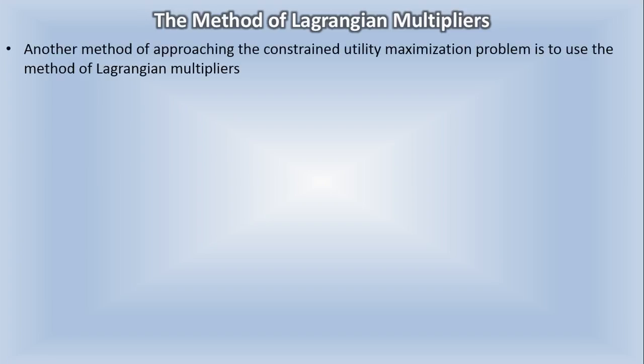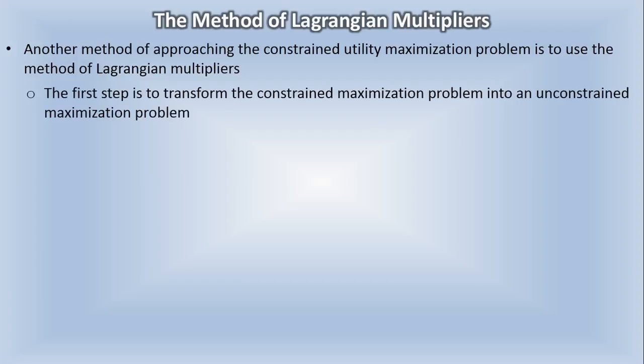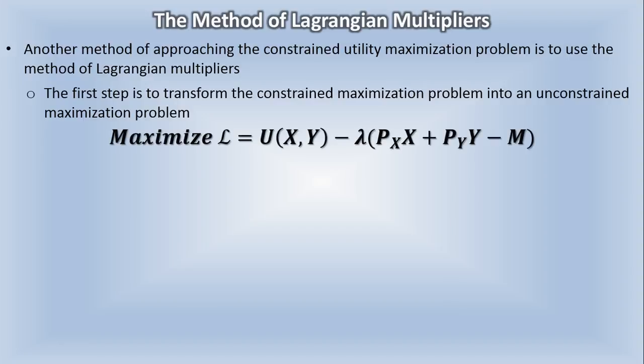So another method of approaching the constrained utility maximization problem is to use the method of Lagrangian multipliers. The first step is to transform the constrained maximization problem into an unconstrained maximization problem via what's called the Lagrangian expression. So basically, you maximize, and this kind of weird L represents the Lagrangian expression. You maximize this expression, which equals your utility function minus this lambda here, which is called the Lagrangian multiplier, times